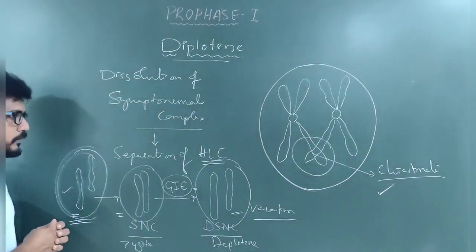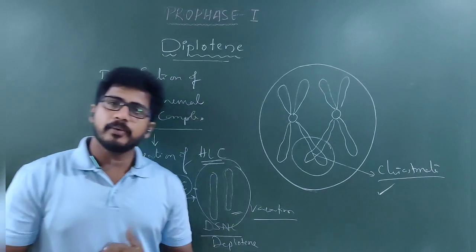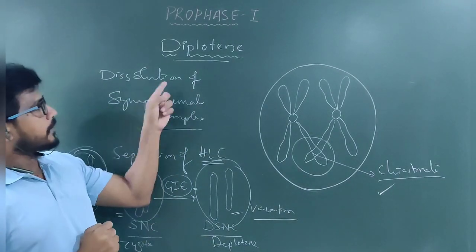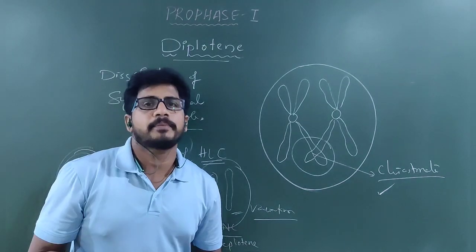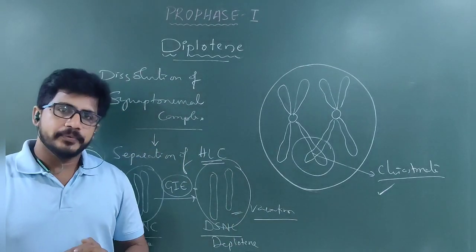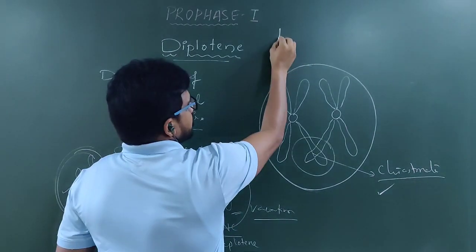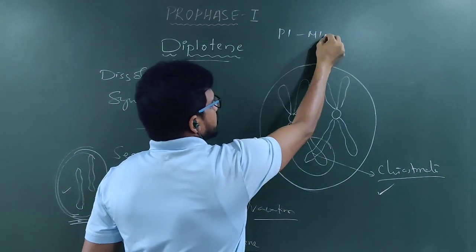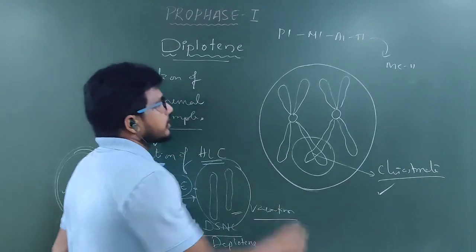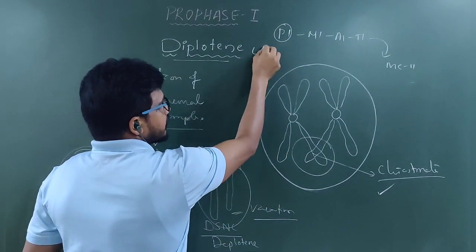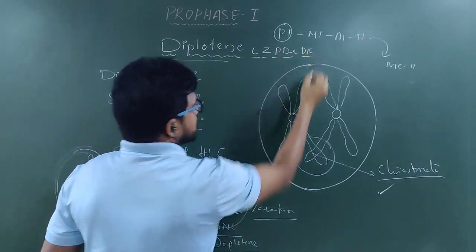Now I am going to tell you another important point. In animals, mainly in humans or some vertebrates, meiosis at the particular step of diplotene will be ceased, meaning stopped. After some years, it will continue. For your better understanding, I will tell you. See here, just prophase 1, next metaphase 1, next anaphase 1, next telophase 1, continued by meiosis 2, right? In prophase 1, what will be there? Leptotene, zygotene, pachytene, diplotene, and diakinesis. 1, 2, 3, 4, 5 steps were there.